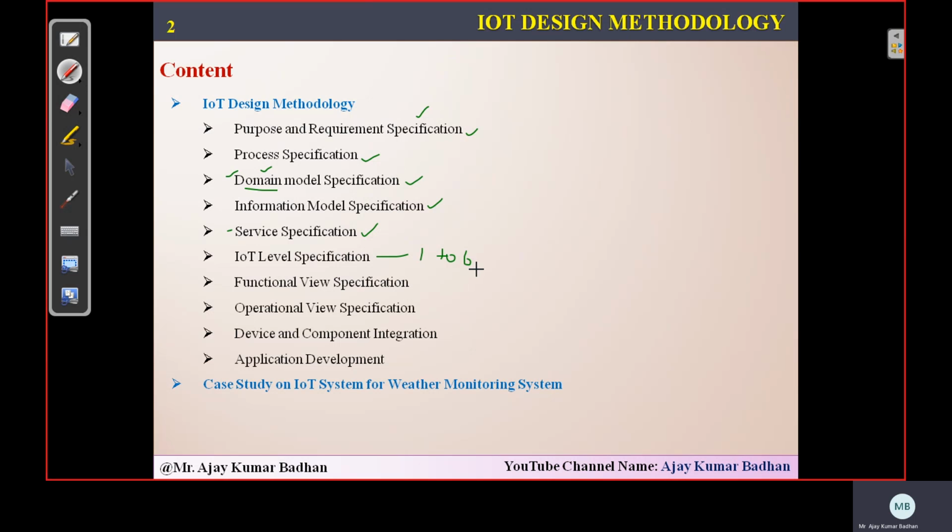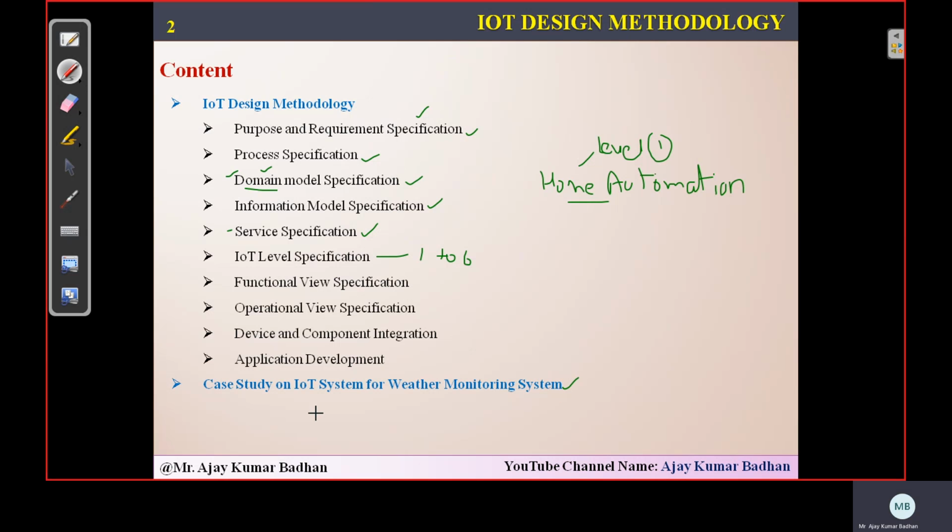In this particular unit, we will be taking the case study of two different types of systems. One is your home automation system, which I will explain when I am explaining these particular steps. I will be taking this home automation system case study as an example in order to explain all the different steps we have here. This will be using level 1, so it uses level 1 IoT.